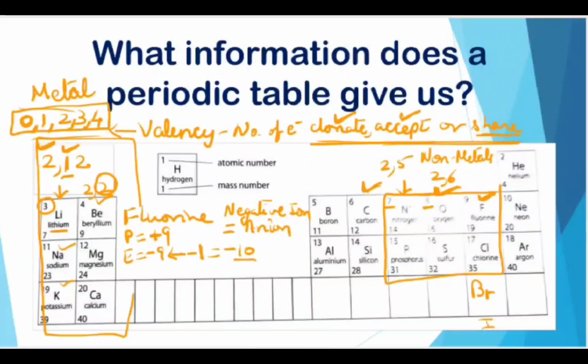Then yesterday I also explained how the periodic table can give us a clear idea of metals and non-metals. Those that donate their electrons are metals, and those that accept electrons are non-metals. Metals are positive, they can form positive ions called cations. Non-metals can form negative ions, which are called anions. So let's look at a differentiation table of that as well.